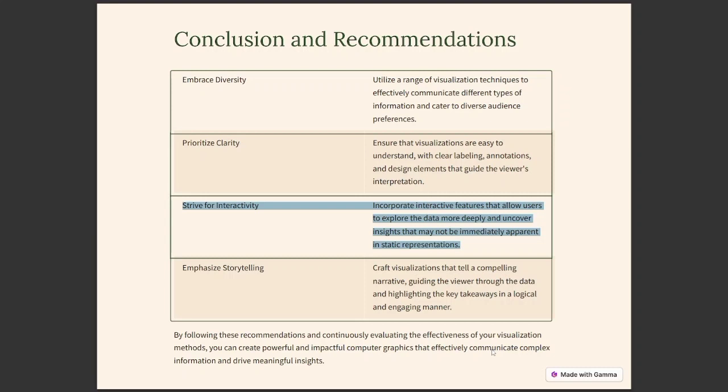Then, prioritize clarity. Ensure that the visualizations are easy to understand, with clear labeling and annotations. And strive for interactivity, so that visualizations are interactive and easy to understand for the users. We have already understood it. So we have understood what the methods of visualizations are, how we can